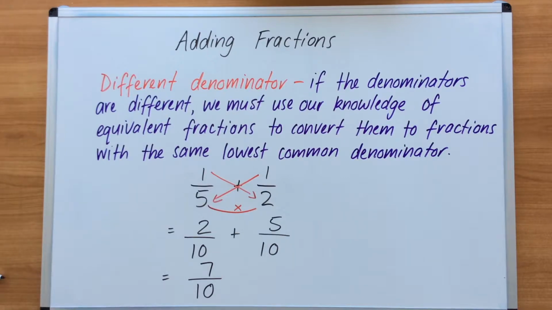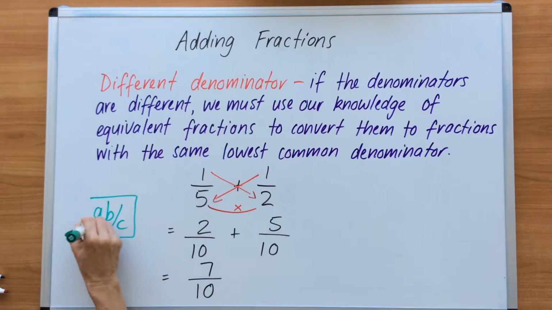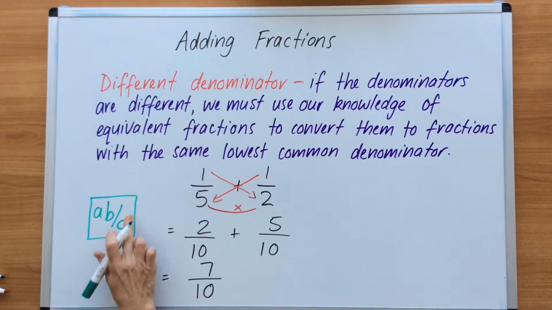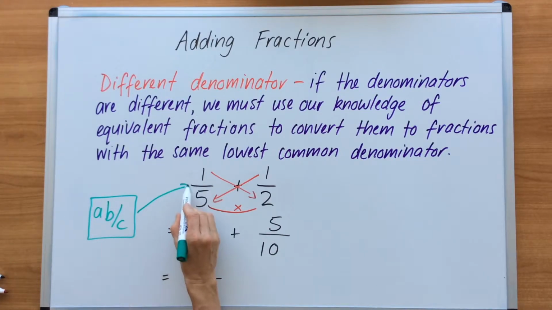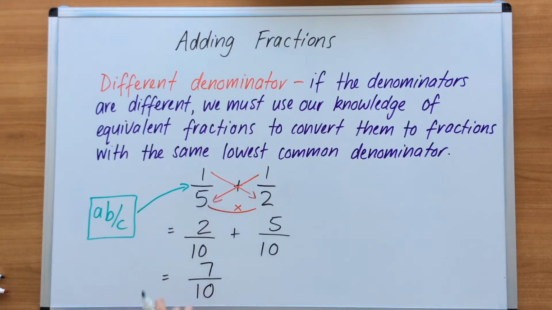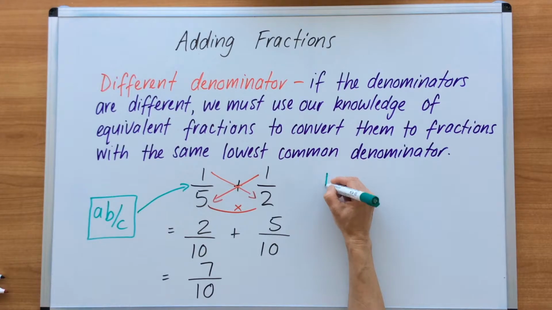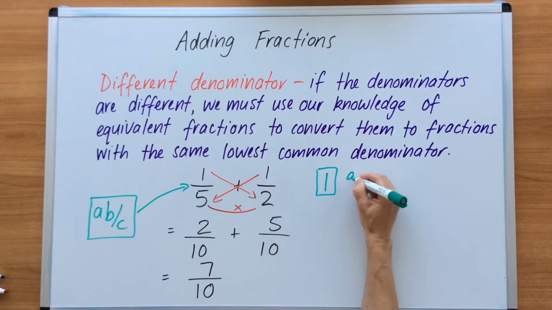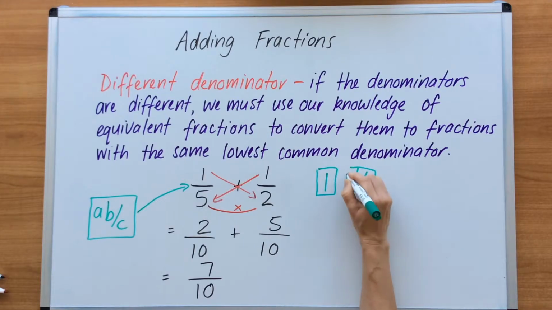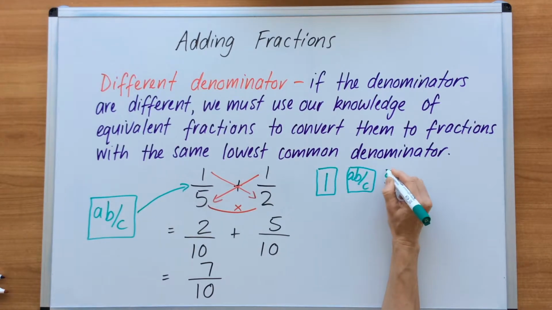Now, if you're going to do this on your calculator, which is a much quicker and easier way, we need to use the ABC fraction button. This is the magic button you're going to find on your calculator that's going to help you. That ABC fraction button works as this fraction line. So if we look at this in the calculator, you would punch in 1, ABC fraction button, 5,